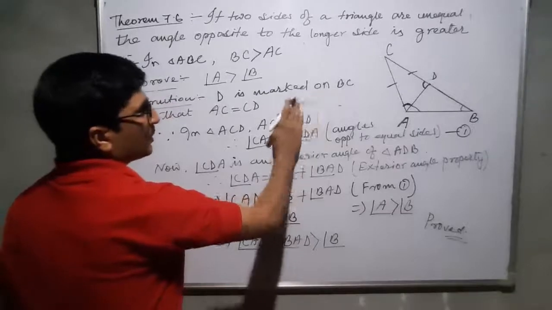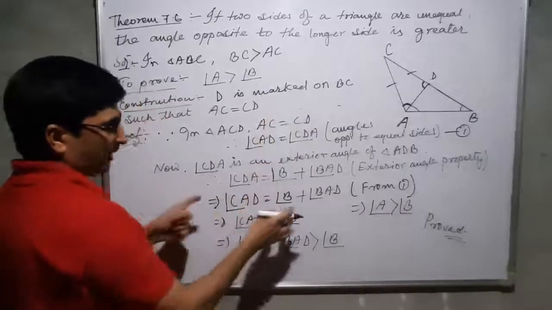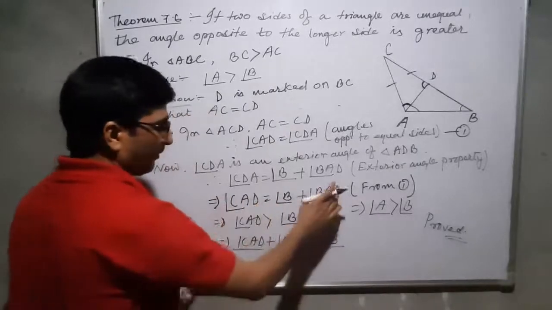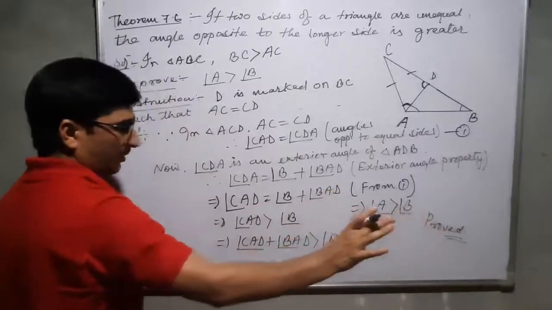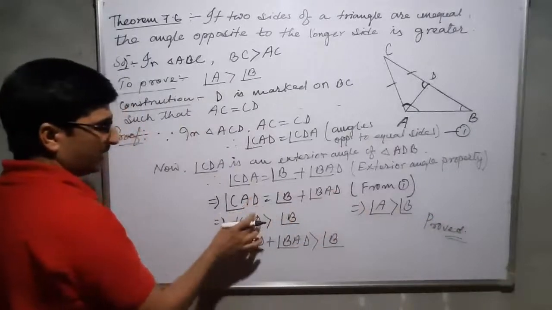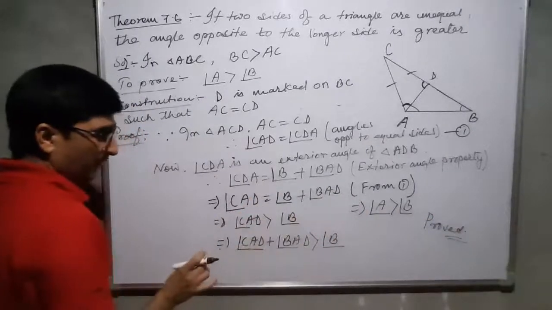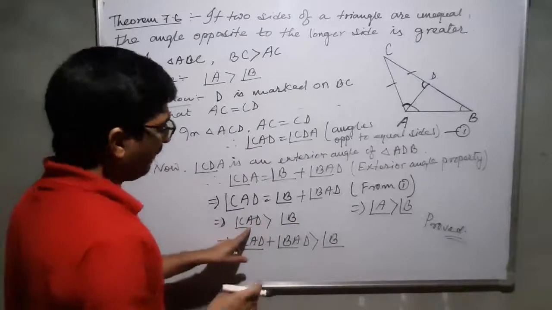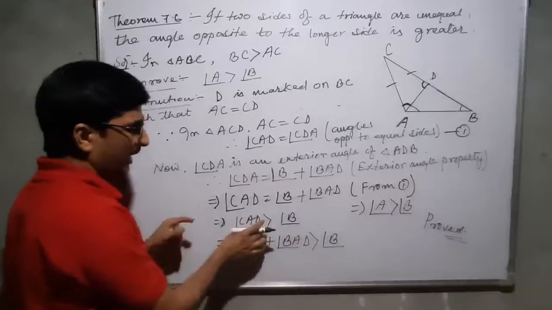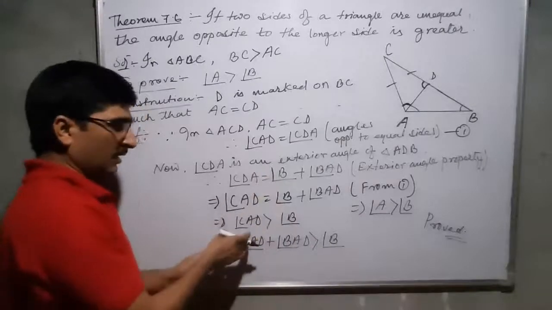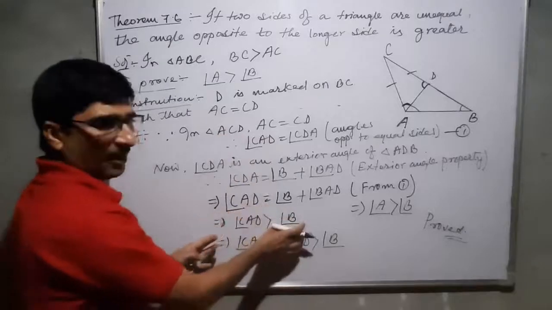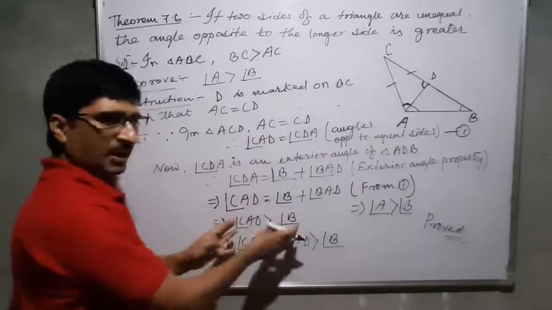Yes. So in the same way here, this sum makes equal to CAD. Then from here we have taken out BAD, so angle B will be lesser than CAD, that is, CAD is greater than angle B. Now in this CAD I am going to add something. It is already greater. If I add something, it will continue to remain greater than angle B.